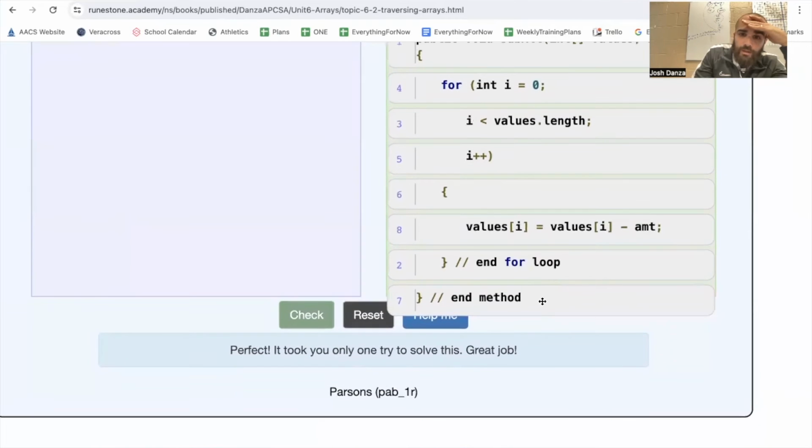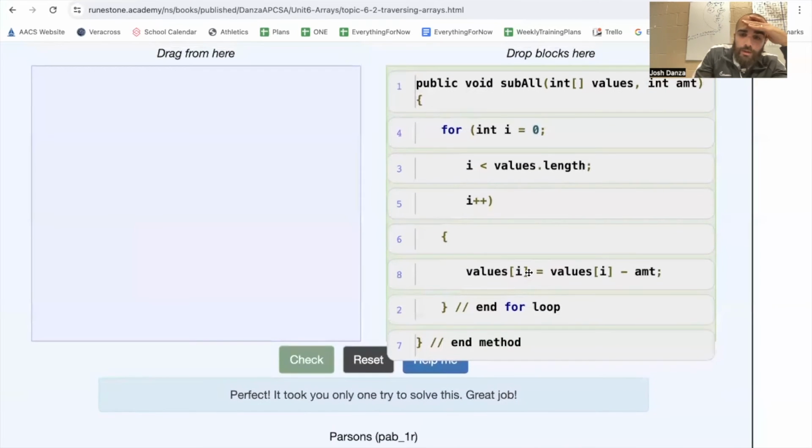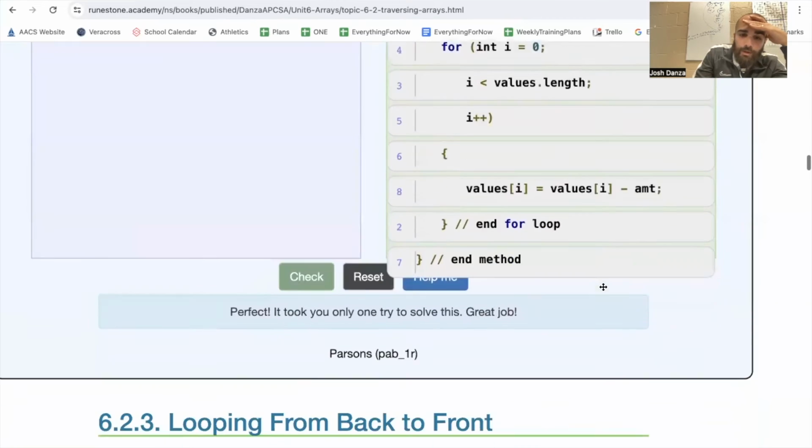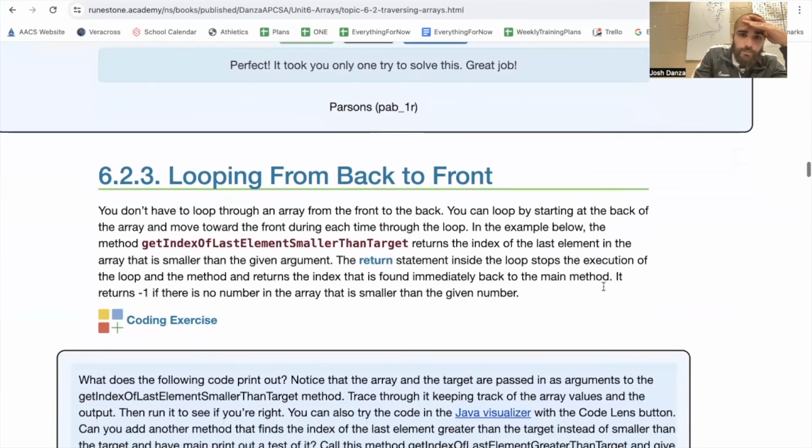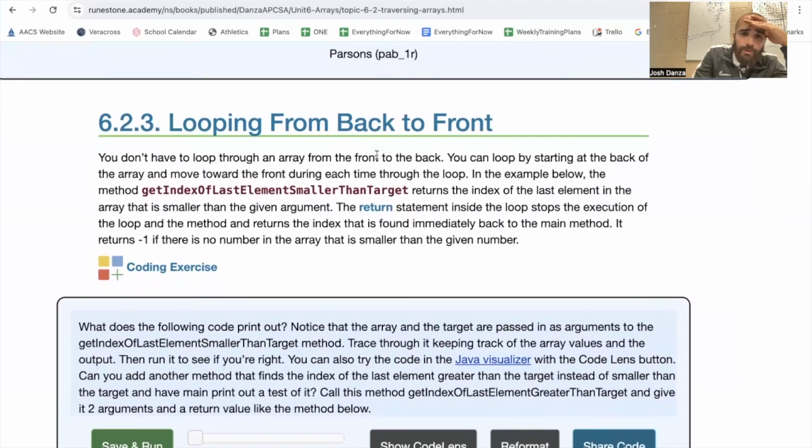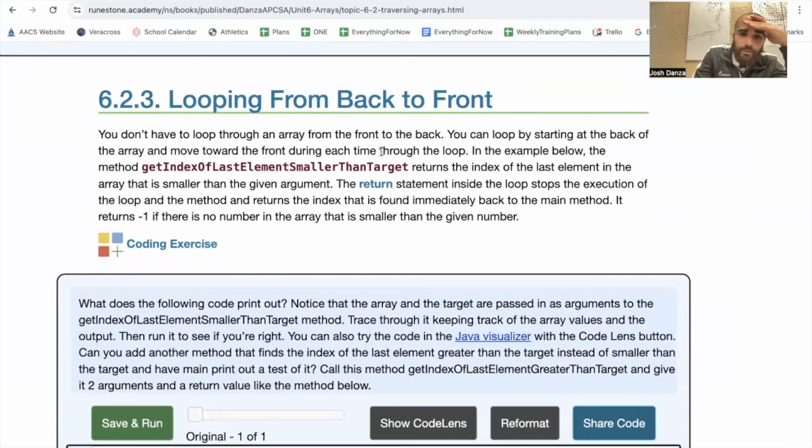Making sure each time as it goes through, we are adding 1 to the amount. Looping from back to front. So let's say you want to traverse an array from the back of it to the front of it. You don't have to loop through an array from front to back. You can start at the back of the array, and so the end of the array, and move towards the